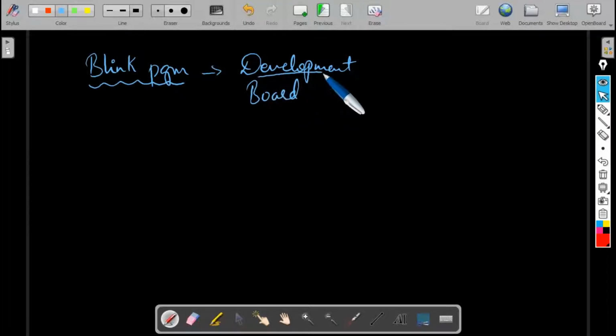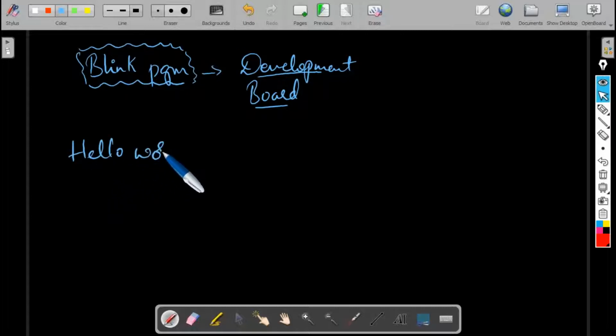If we are trying to learn any kind of development board, we usually start with the Blink program. This Blink program is similar to the Hello World program in programming languages.